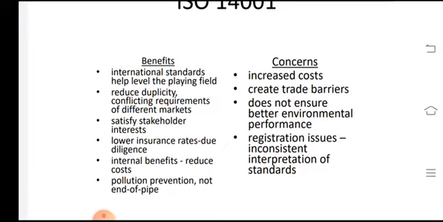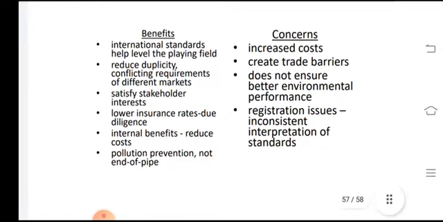It is only certification. It is not going to ensure the methods of how to improve the environmental performance. But still, if we are going to have continual improvement, in that case we will be having better environmental performance as well. Then the registration issues, and then that's all. So please go through these